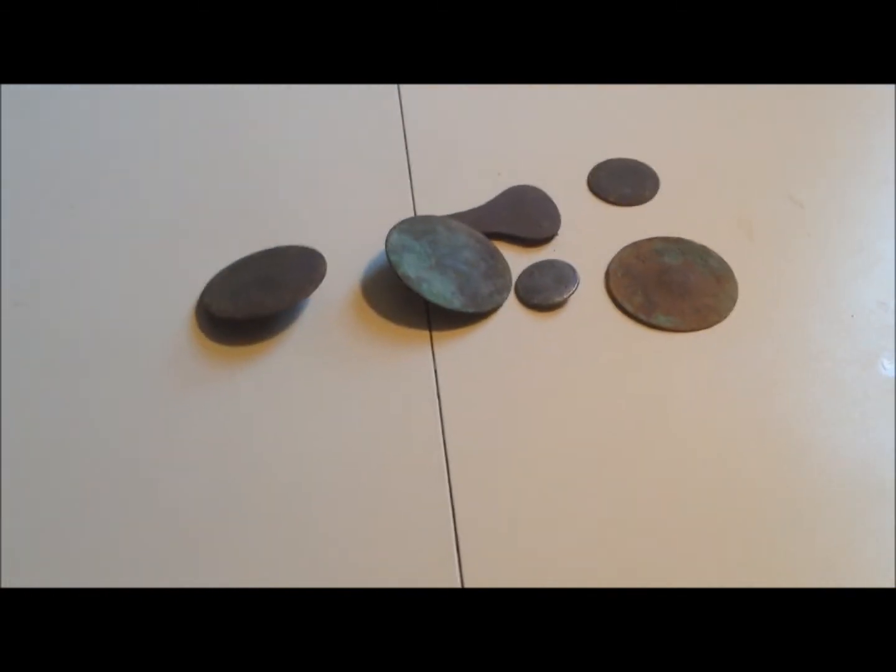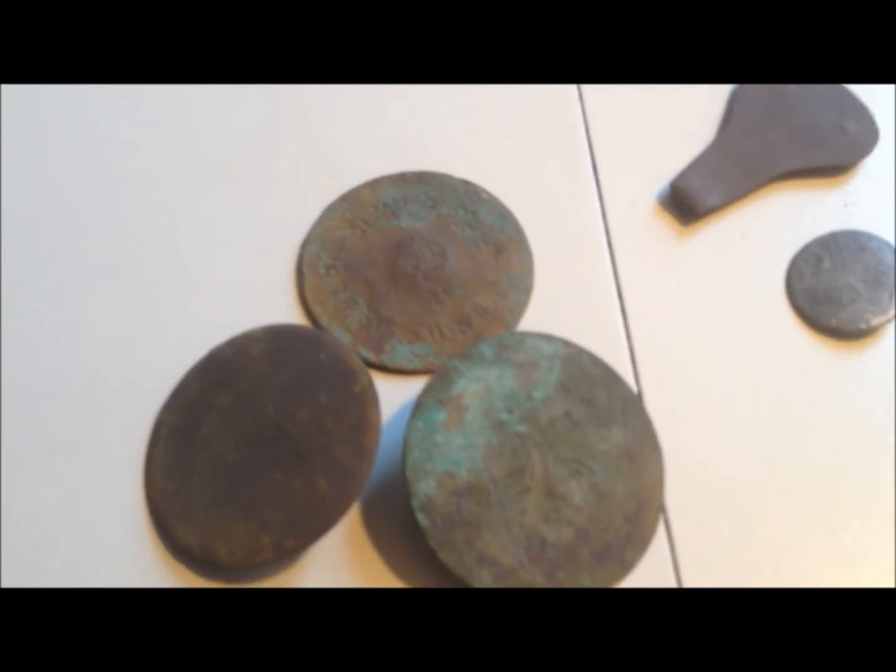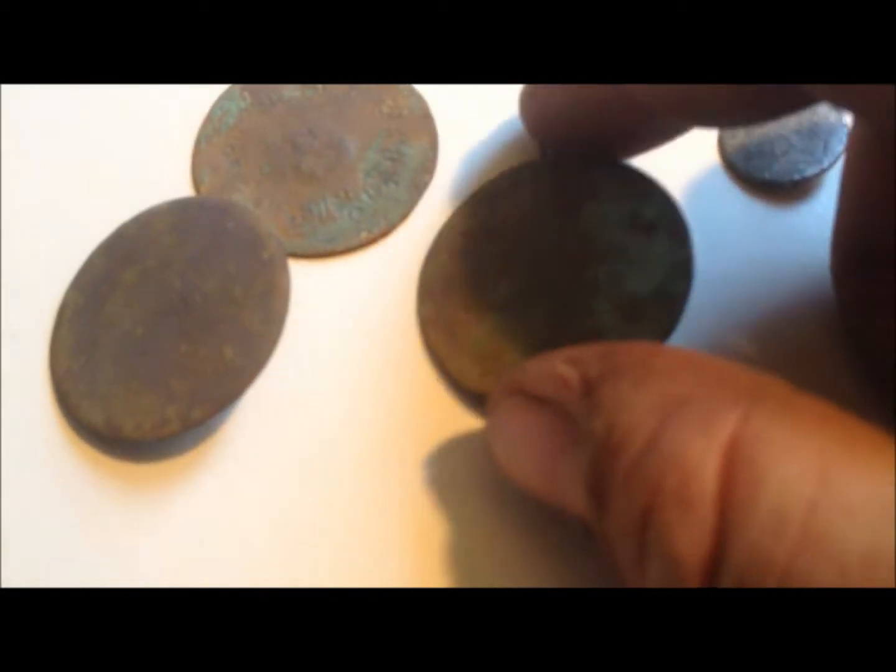Well, I went back to that same cellar hole, and I found some other good stuff in the rubble. I think this place burnt down again because all the bricks and stuff that were in the chimney were all charred except for where they were mated, inside and outside. But I found all these big old flat buttons to go with the other two that I found, and I was tickled pink to find those. This one's got a little flower design in it,